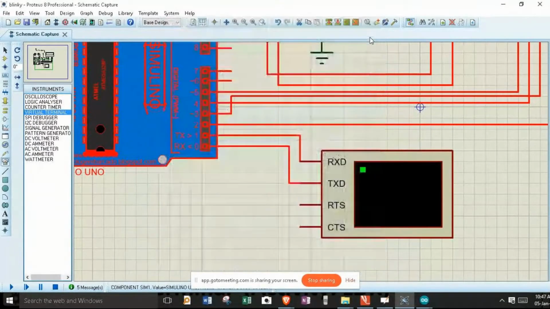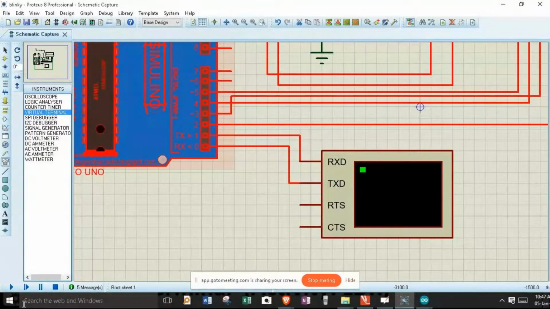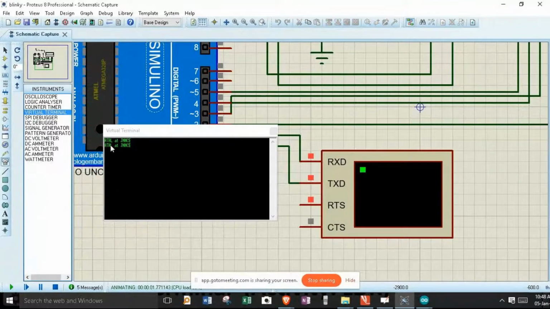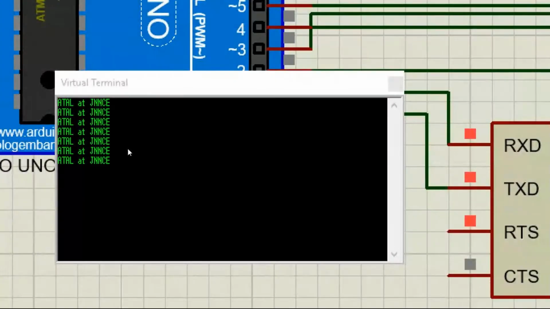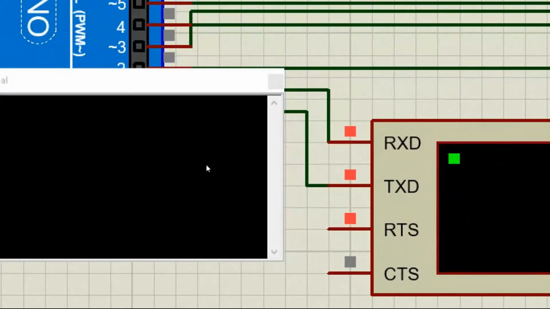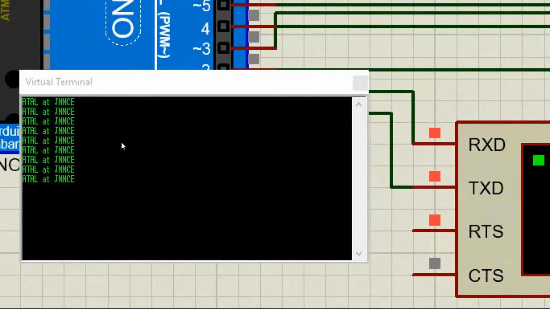All I got to do right now is hit the play button, and you can see that it's printing Atal at JNNCE. Let me zoom in, and this window is appearing because of this virtual terminal that I have connected. So Atal at JNNCE, and this message is printing every second.